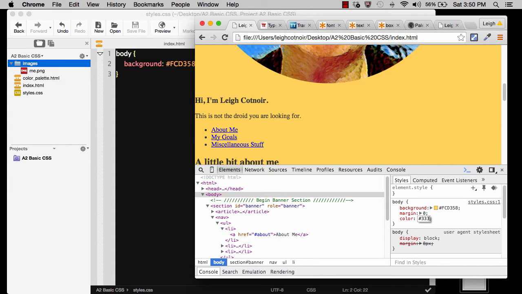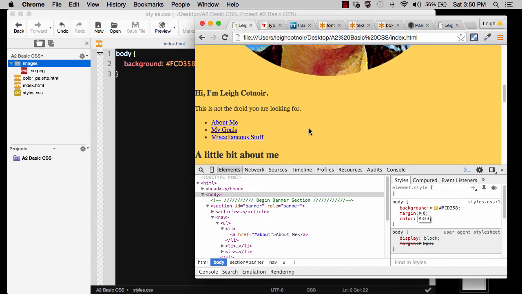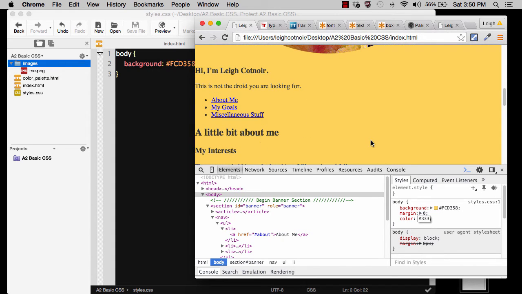That's sort of like a dark gray. And you see that it changed a little bit, okay? And I just want to show you a couple of things. One thing that you'll notice is that the link color did not change. And that tells me immediately that links are treated differently than normal text, okay? And we'll get to links later, but I do want you to notice that links are treated differently than normal